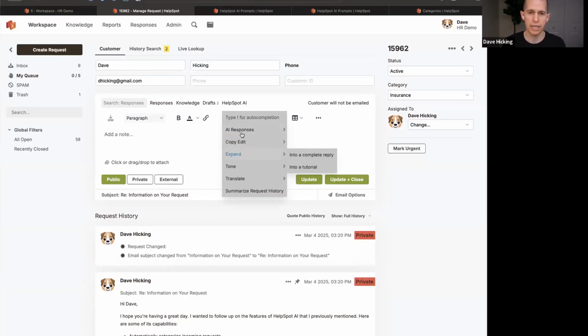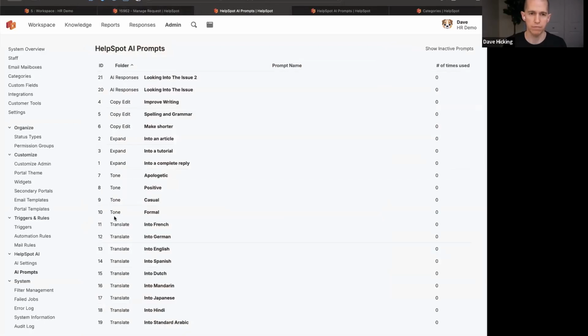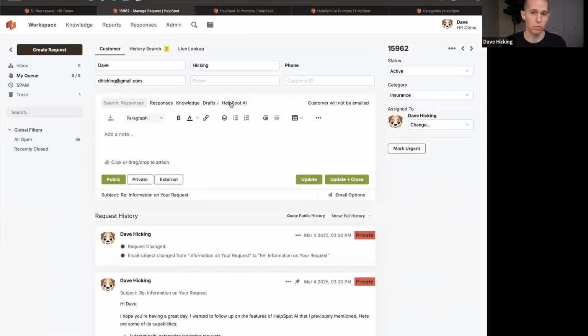So when I come here, what I see is I've got folders. If I go back to my prompts, it's these same folders that I've created here. So this is where they show up. And what do these do? Well, they let me transform text, right? So I could write a couple bullet points and then come here and tell it to expand this and do